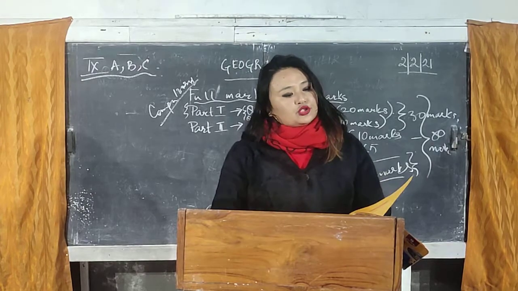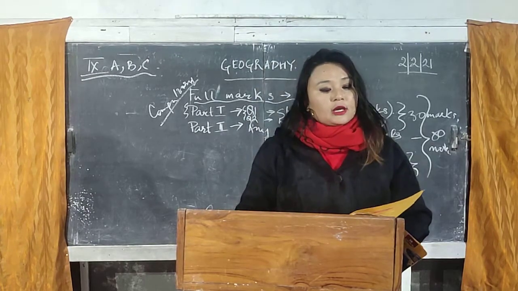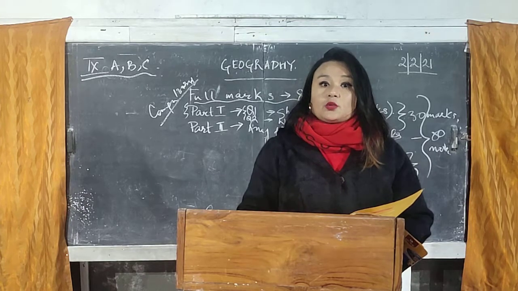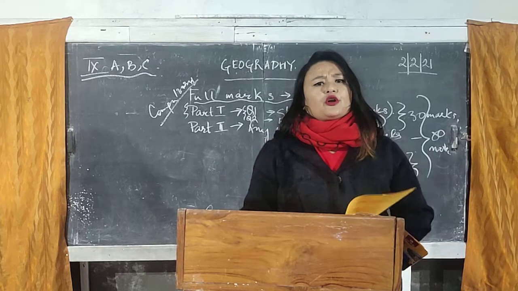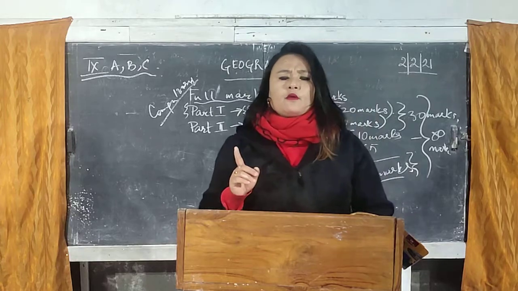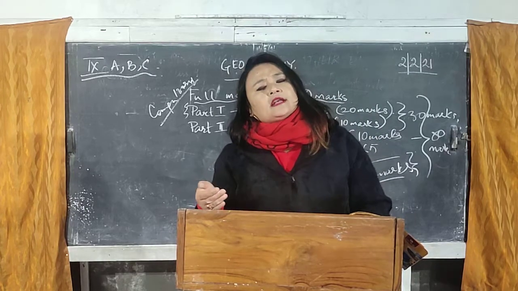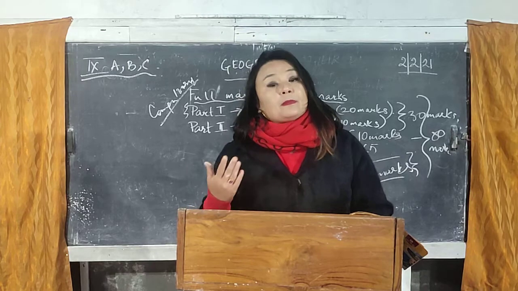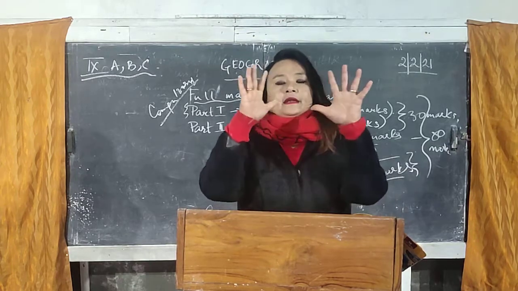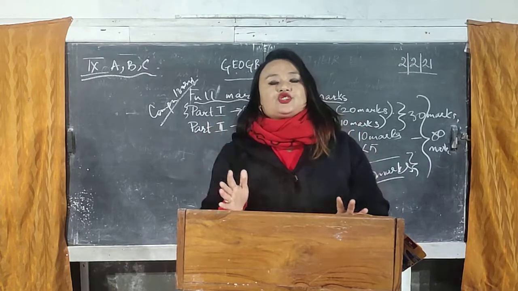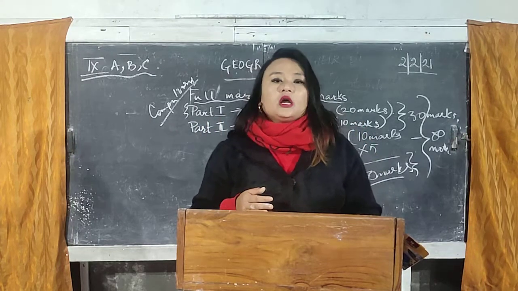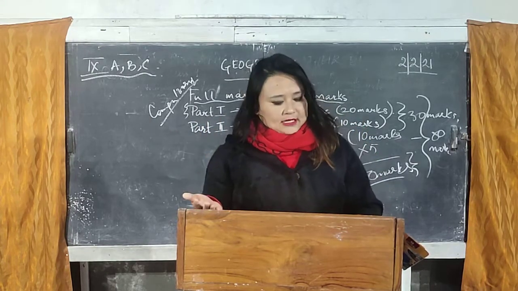Then we'll be talking about insolation, atmospheric pressure and winds, and the last one is humidity. So from unit number 4, atmosphere, we will be emphasizing the different kinds of climatic factors that play a primary role in determining the kind of climatic condition prevailing on the Earth, allowing life to sustain here on the Earth.